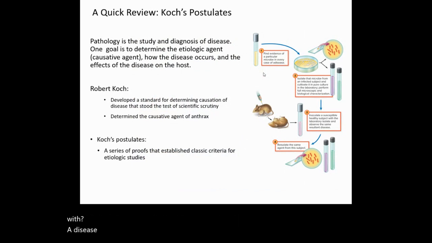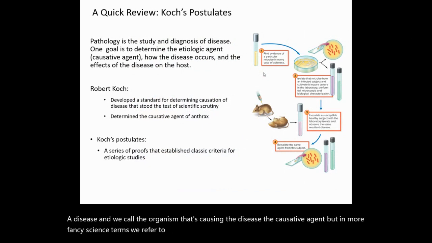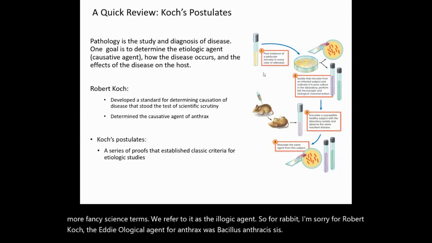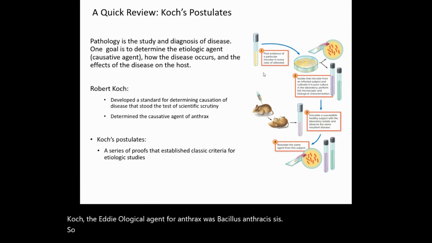And we call the organism that's causing the disease the causative agent. But in more fancy science terms, we refer to it as the etiologic agent. So for Robert Koch, the etiological agent for anthrax was Bacillus anthracis. So Koch's postulates are the set of steps that need to be taken to prove that a microorganism causes